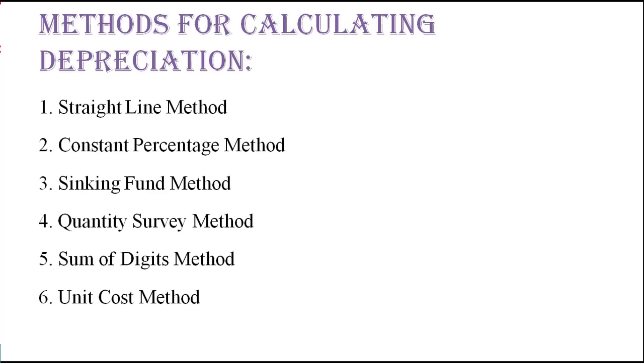Now we are going for the methods of calculating the depreciation. We are having 6 different methods to calculate the depreciation. First one is straight line method, then the constant percentage method, then the sinking fund method, quantity survey method, sum of digits method, unit cost method. So these are the 6 different methods to determine the depreciation loss in value. Now this is a very important thing, that each of the above methods of cost depreciation we are going to discuss briefly. The first method is